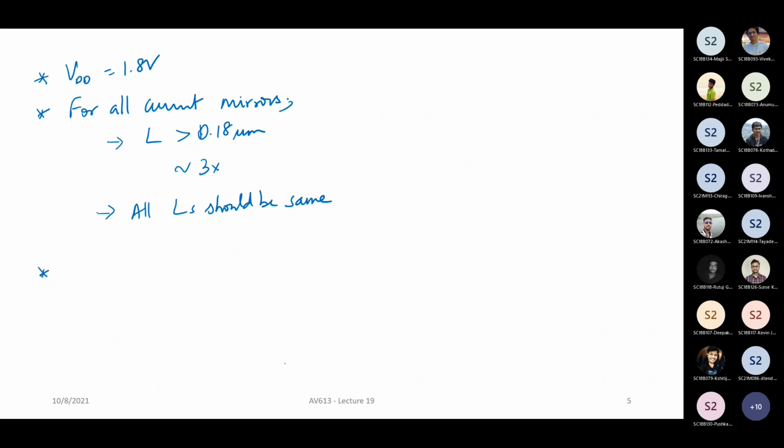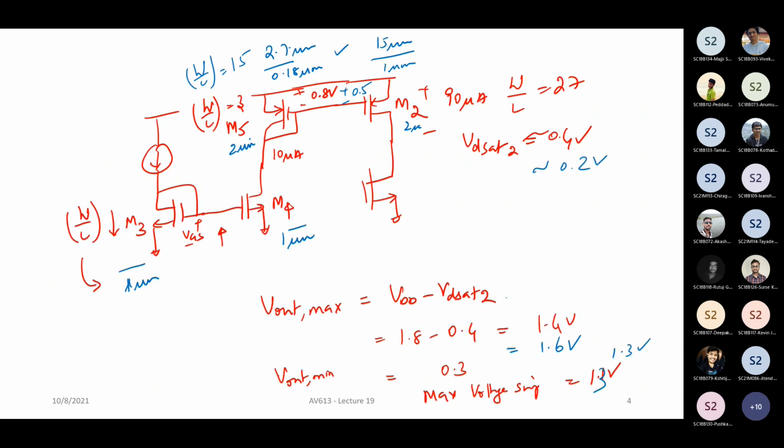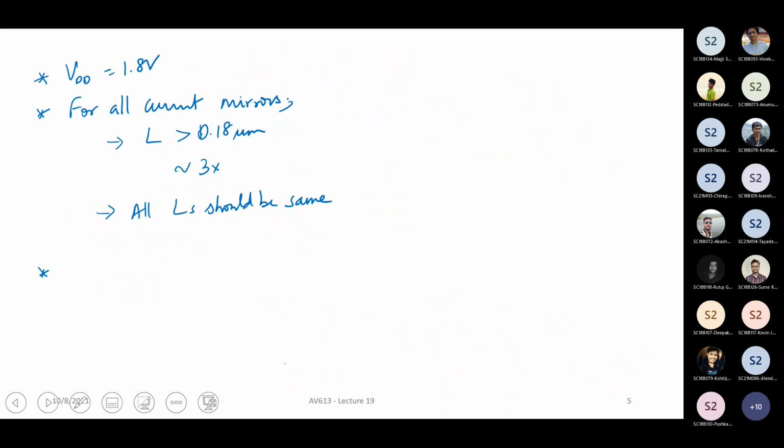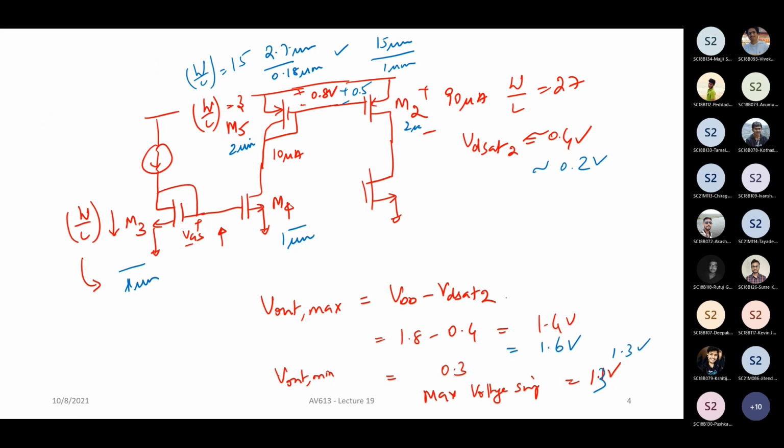Now, thirdly, make sure all voltages, just a minute, let me finish this. All voltages should be less than 1.8 volt. Okay, all voltages should be between 0 and 1.8. So don't come and say, okay, my bias voltage here has to be some 2 volts or 2.5 volt. Yeah, somebody had a question.